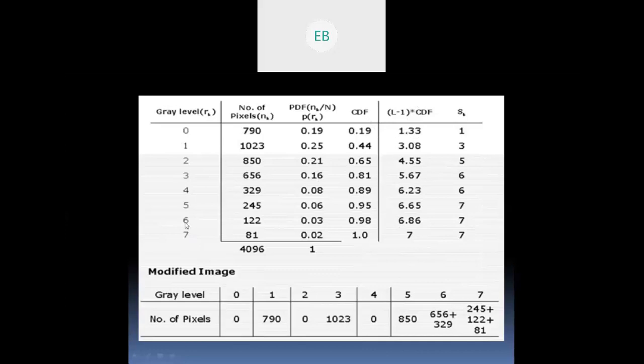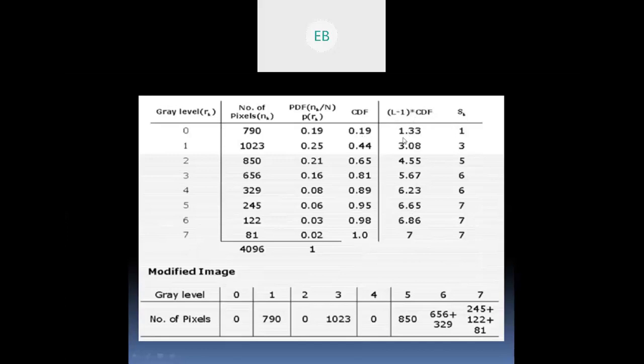Okay, now let's come on to this part. Again you have to calculate with the overall gray levels into the cumulative distribution function. So the overall gray level here is 0 to 7, that is, we have a total of 8 values. So L equals 8, the total number of gray levels. So L minus 1, 8 minus 1, is equal to 7. So consider this as 7 for the overall cumulative distribution.